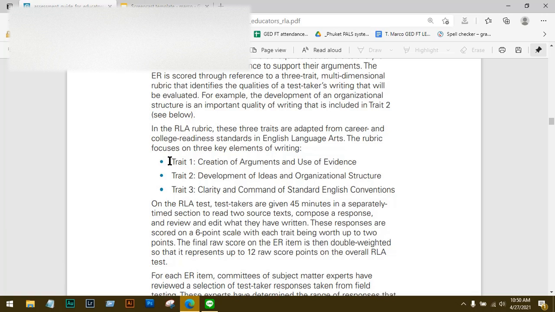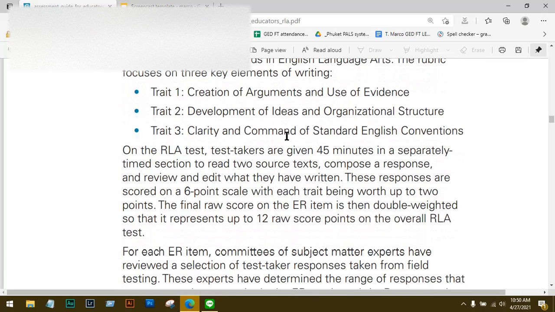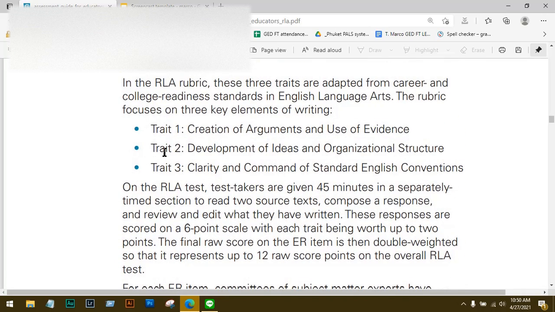Trait 1, the creation of arguments and use of evidence. Let's make that bigger. Trait 2, development of ideas and organizational structure. Trait 3, clarity and command of standard English conventions. So there you go. Each of the traits